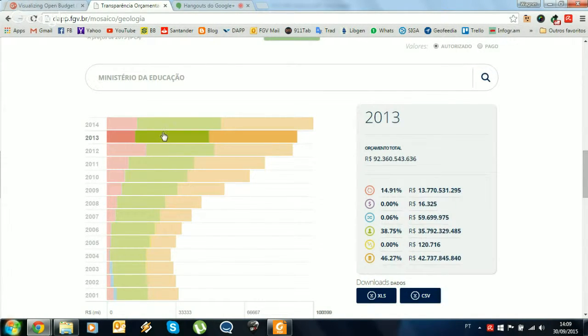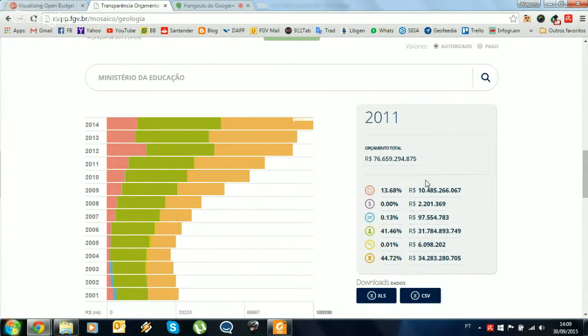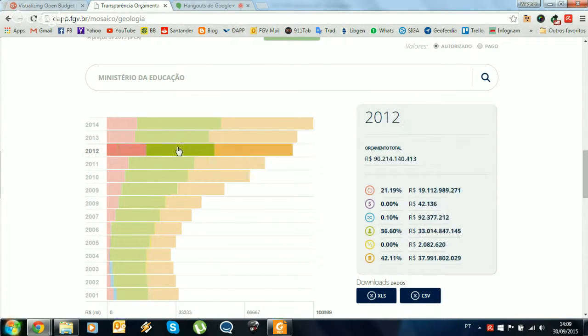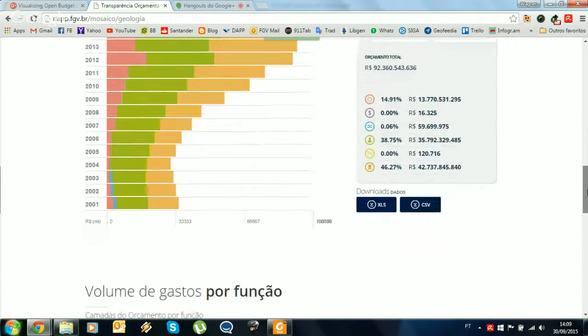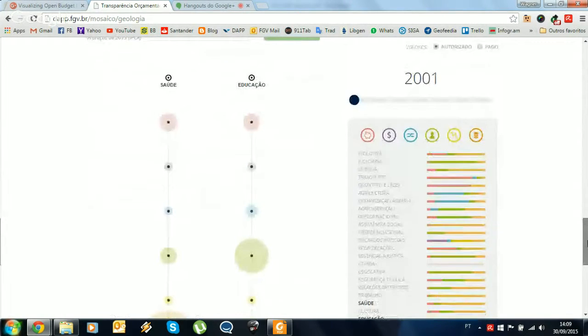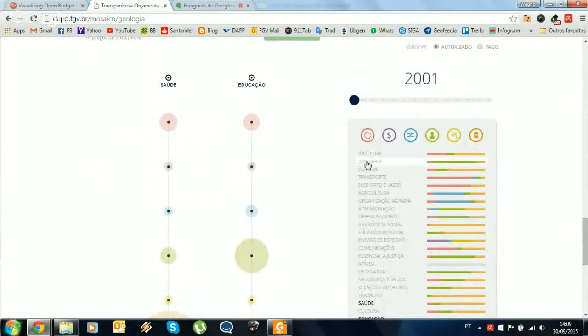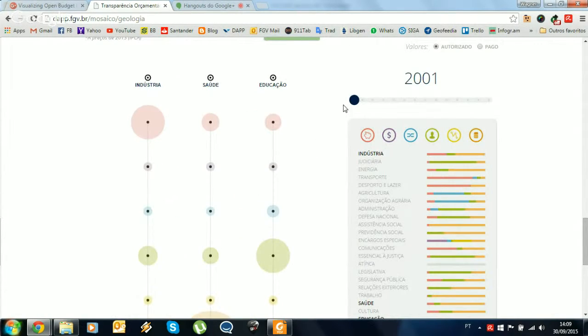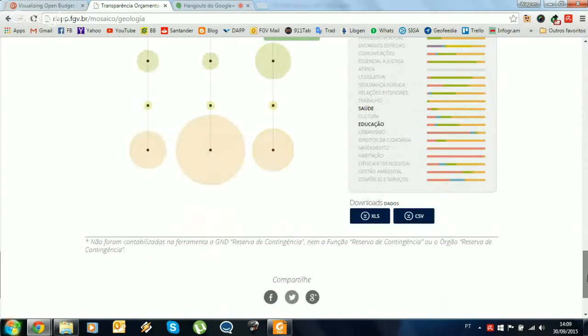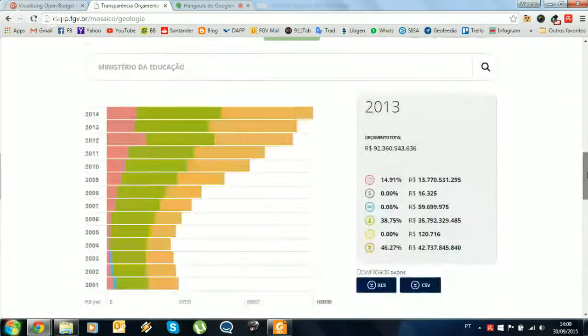As you can see, the numbers change as I mouse over. I can also compare different functions. For example, I can select three functions here, and I can see how they developed over the years and how they are distributed between these groups.